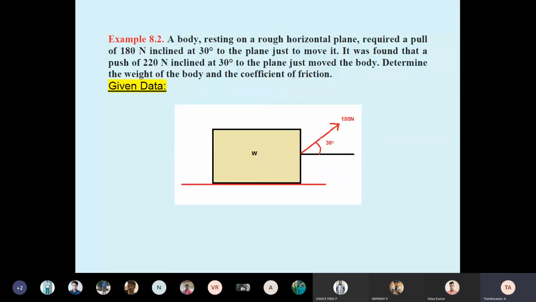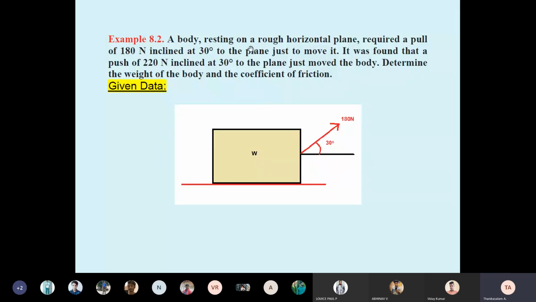So one body is there, students. Here also the diagram is not given, so your mind is just a body or a rectangular box. The body has weight, so I marked the weight. The body is required to be pulled. Pull means we are pulling the front side, no? Generally, if you are pulling a car, you pull from the front. So the front side, they mention pulling inclined at 30 degree to the plane. The plane is horizontal, that is 180. I am pulling. So students, this is the first condition.